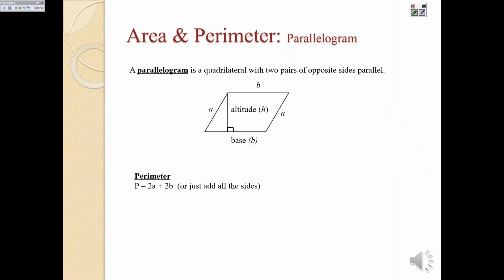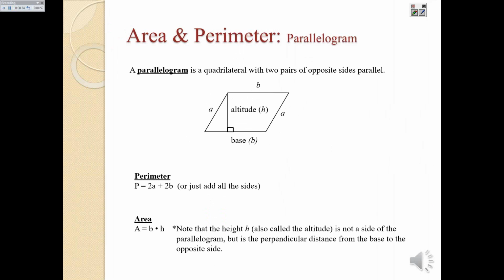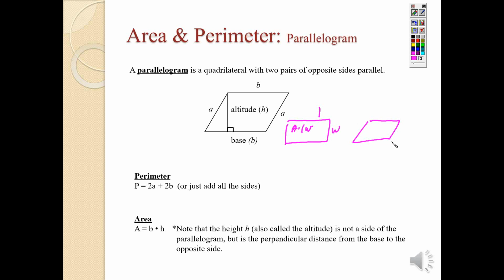Remember that the perimeter is just all the sides added together, or 2 A's plus 2 B's. And the area is base times height. I want you to remember that what you're dealing with here is basically just a regular rectangle, except it fell over, right? So if this area is equal to the length times the width, or the base times the height,